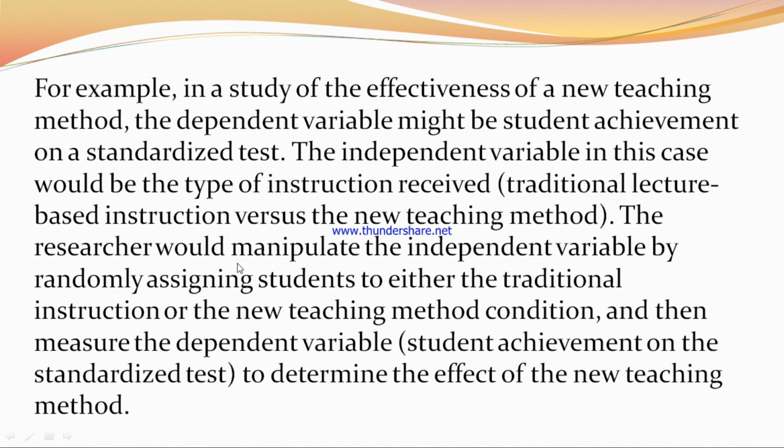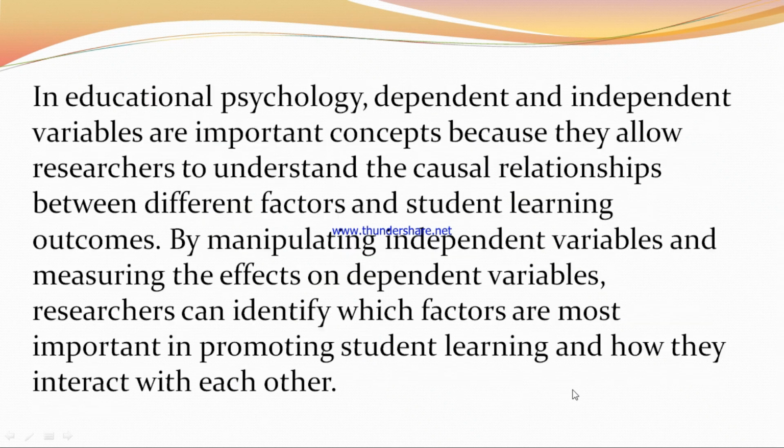The researcher would manipulate the independent variable by randomly assigning students to either the traditional instruction or the new teaching method condition, and then measure the dependent variable, student achievement on the standardized test, to determine the effect of the new teaching method. In educational psychology, dependent and independent variables are important concepts because they allow researchers to understand the